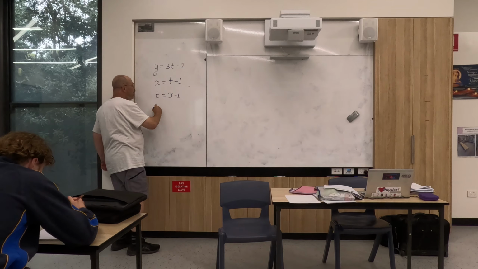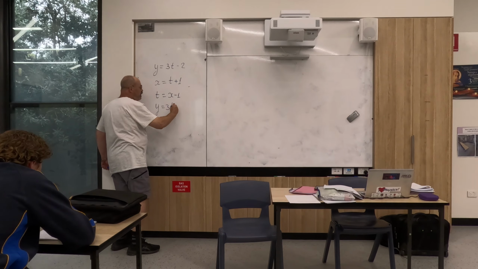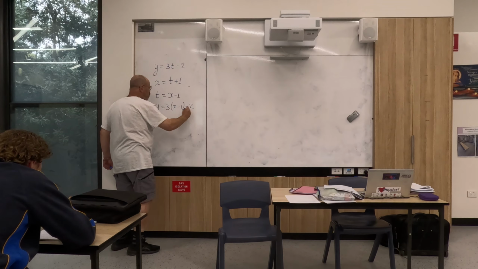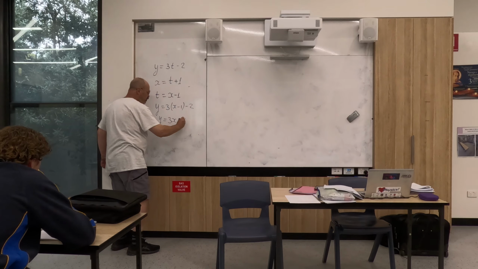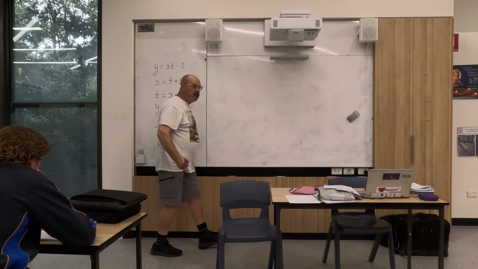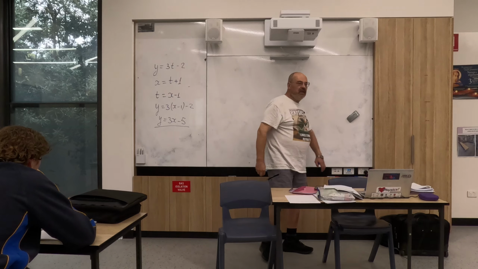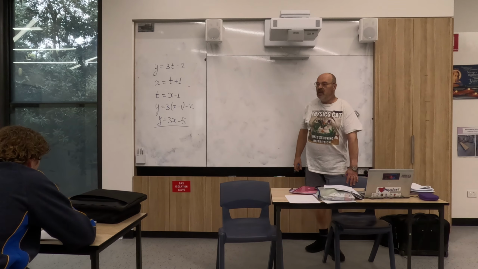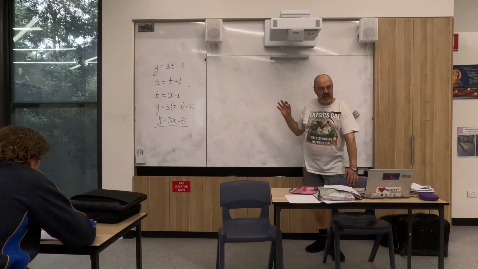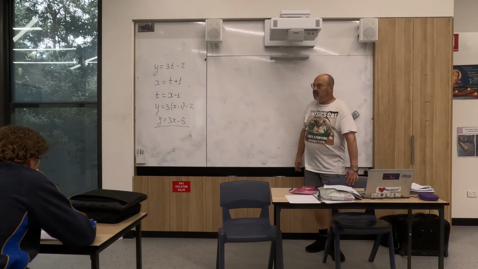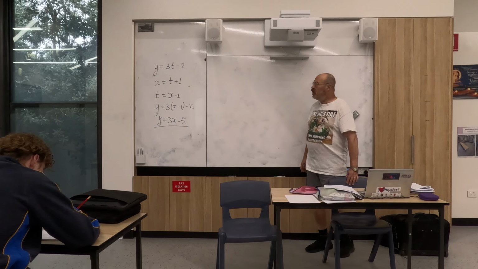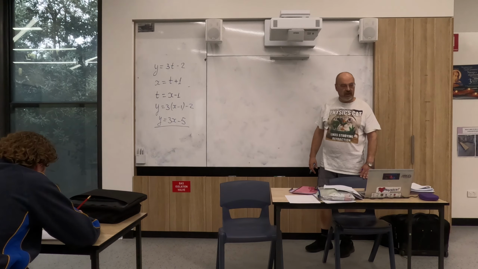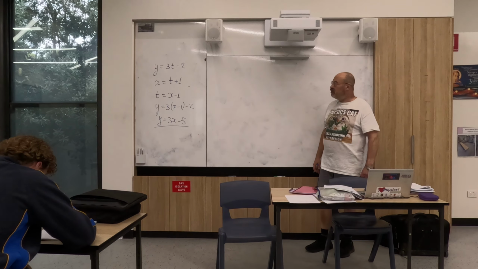And we substitute it here, we get y equal 3 times x minus 1 minus 2. So y equal 3x minus 5. So from the parametric equations, we obtain the Cartesian equation relating x and y. Make sense what we did? It's not always that simple, and before going to examples more related to circular functions, I'll give you another example